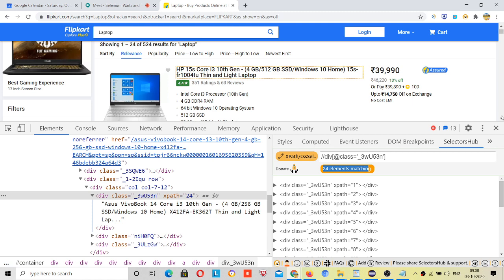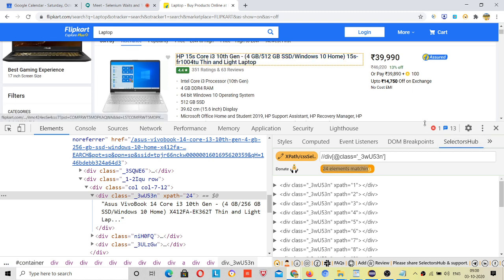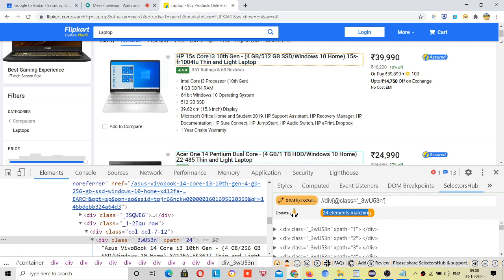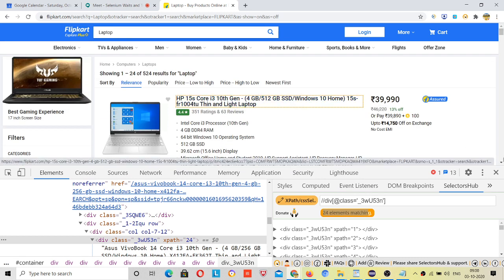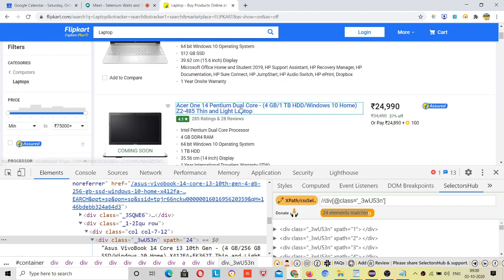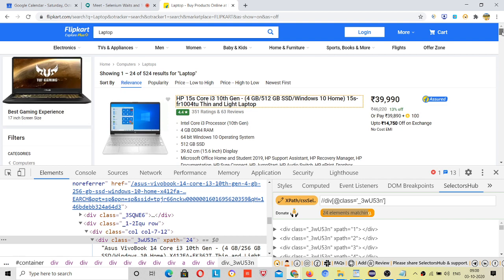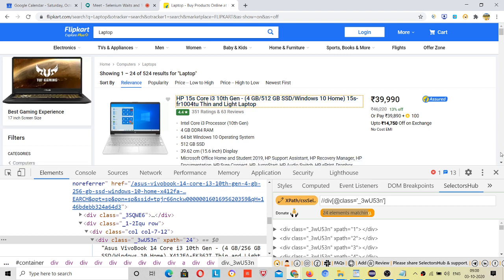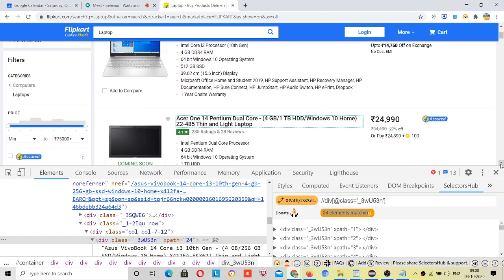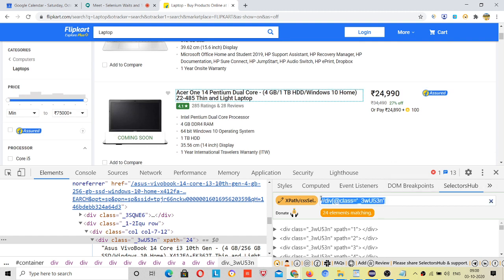What are these elements? You can start getting from here. The first element is highlighted, right? Second is highlighted. Now you have to confirm one more thing. Because you want to get only the description of the laptop, only the heading of the laptops, right? Nothing else you want to get. So writing this locator, only this heading should be highlighted.